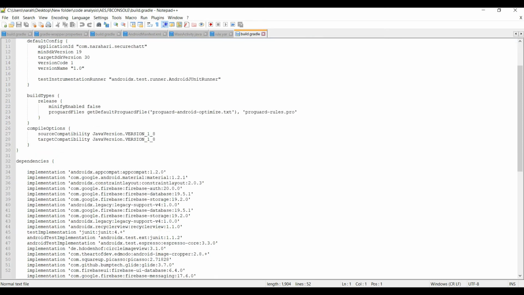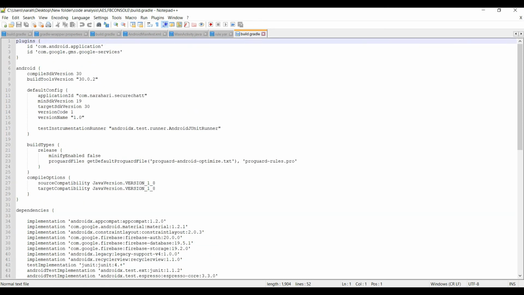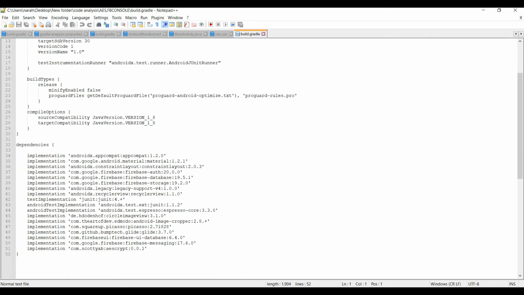Yeah, this is another application. The reason I'm saying this build file is important is that inside these dependencies, we can understand a lot from here.